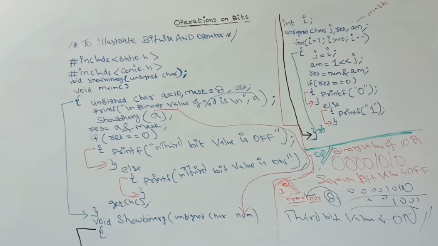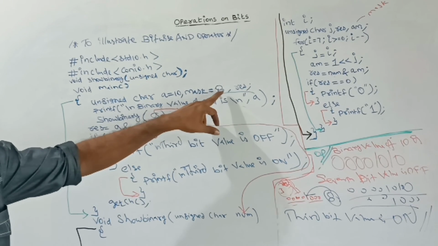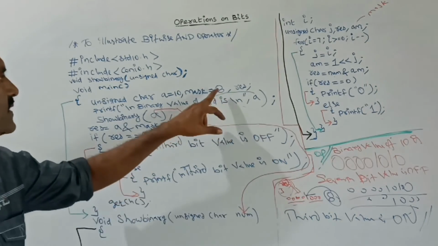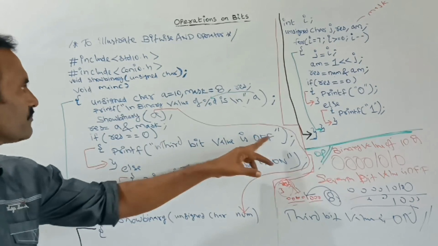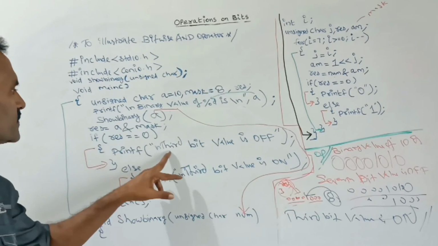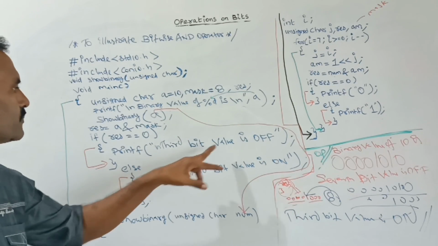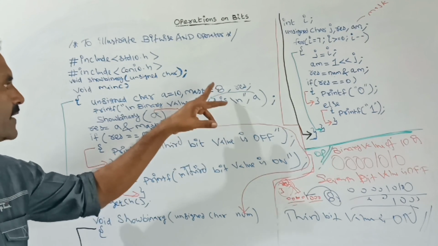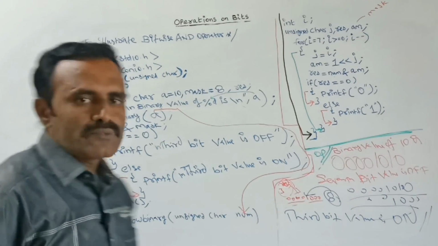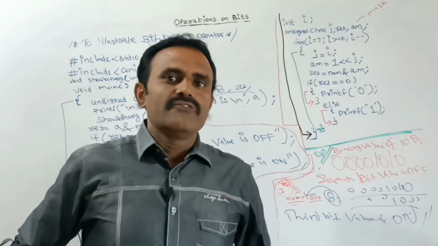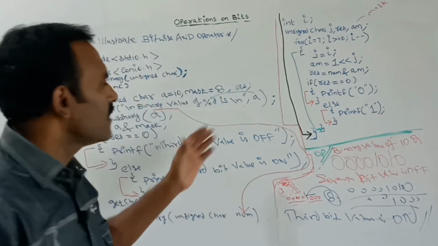In this way, if you want to find a particular position, you should remember the mask value. Depending upon that position, you should give the decimal value or hexadecimal value. Depending upon the mask value, you should change this message. If it is 8, it is the third position; if you give 128, it is the 7th bit position; if you give 1, it is the 0th position. In this way, with the help of the bitwise AND operator, we can check whether a particular position of an operand is on or off.